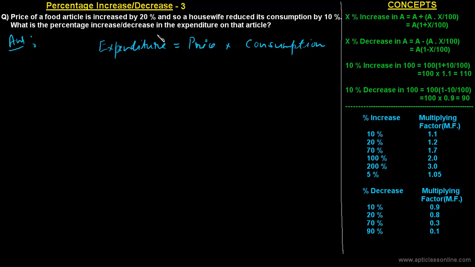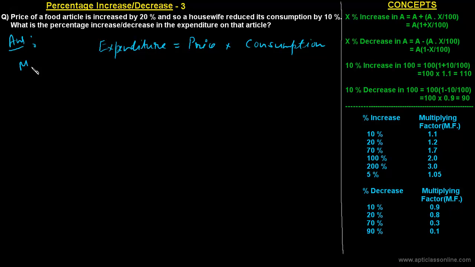As we have seen in the earlier two examples, on the right hand side, two quantities are multiplied to get a single quantity on the left hand side. That was the case when we were discussing the problems of area, like area of a rectangle is length into breadth. So for this question also, the same kind of thing will be applied. Wherever two quantities are multiplied to get a single quantity, we can apply those methods.